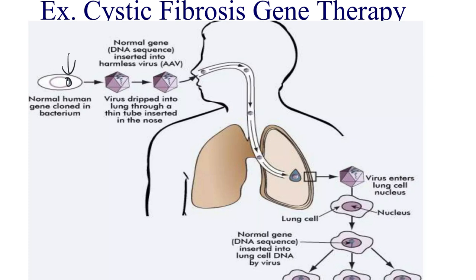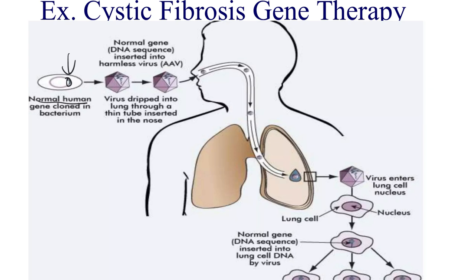We extract the bacteria plasmid, and we break off that normal human gene, and we package it in a virus, like a cold or some respiratory virus. So we package it in there, then we let the patient inhale that virus, and it gets into his lungs,